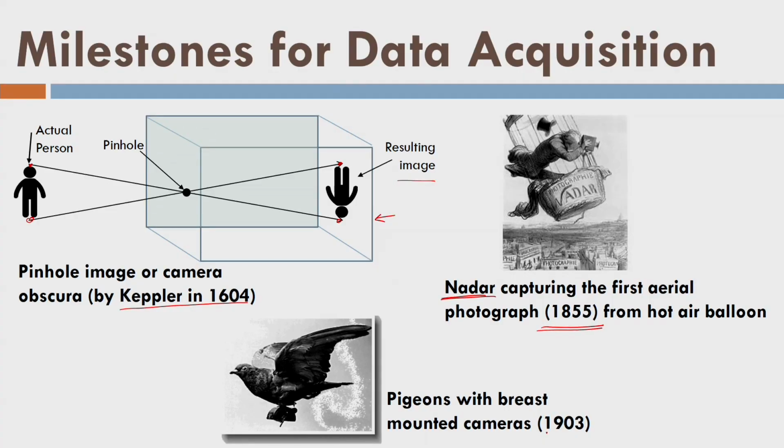Later on, around this year, some more experiments were done, and cameras were mounted on pigeons, and the pigeons used to fly with their natural capacity, and they used to bring the information, and the idea was to do spying, right. But still it was not a bad idea to acquire the photographic information from a height, and that was the concept of doing aerial photography first coming into the picture.